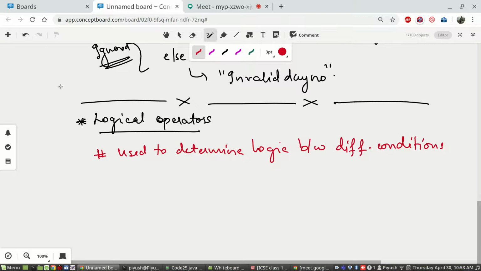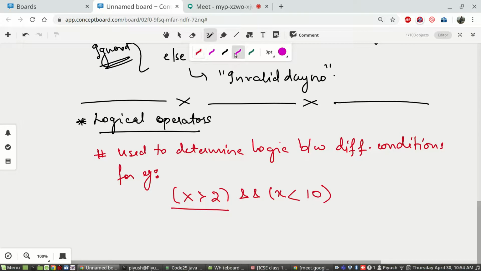For example, if I need to say x is greater than 2 and x is less than 10. So what does this mean? This is condition 1. This is condition 2.